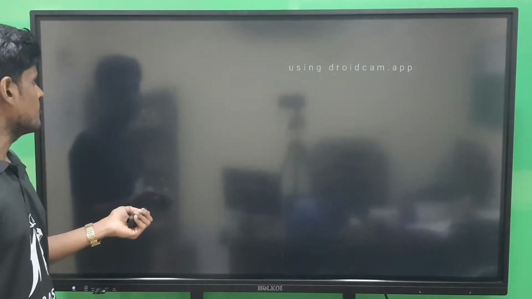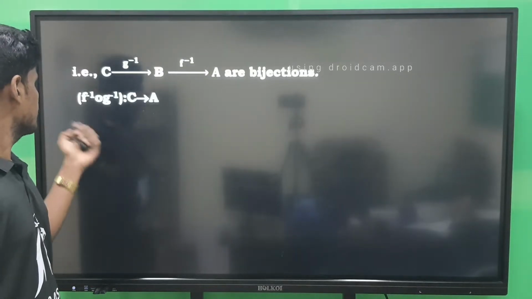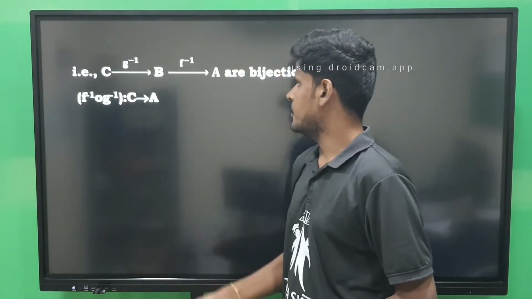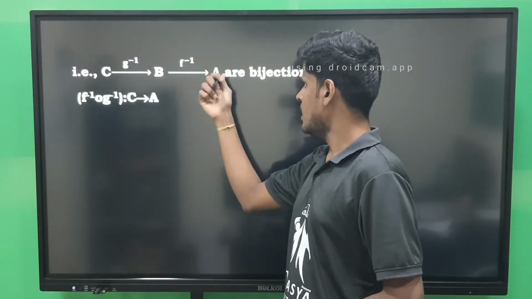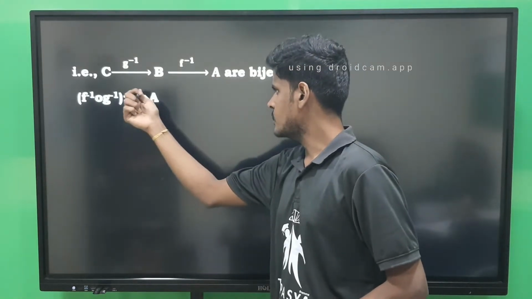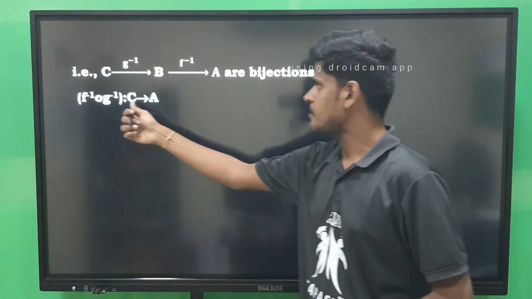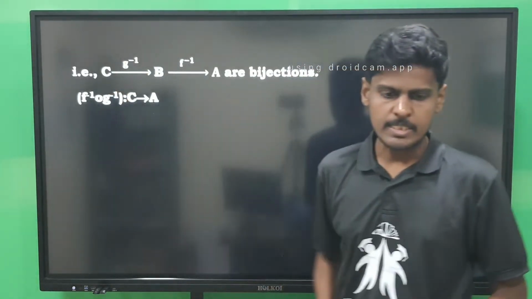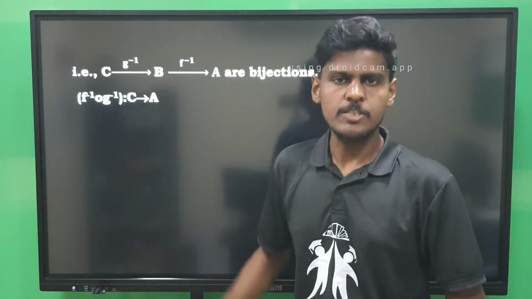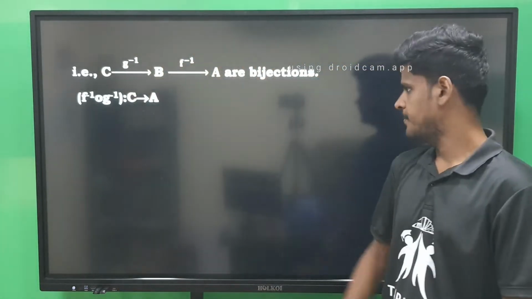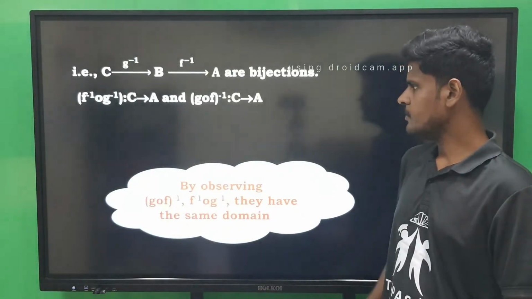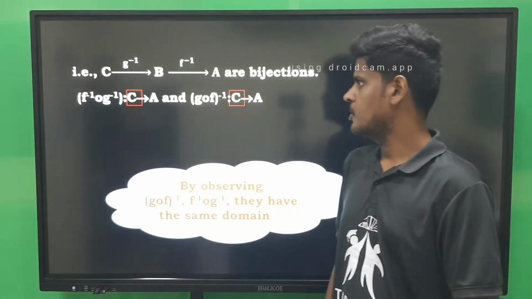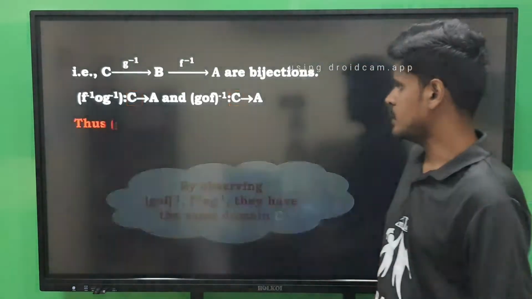Now what is f⁻¹ of g⁻¹? That is a function where g⁻¹ takes input C, and f⁻¹ gives output A. So it is also a function mapped from set C to set A. So what we understood from this is that for both the functions the input is set C, that is, the domain of both the functions is the same. So we ensured this property: both domains are the same, which means it is a one-to-one function. Then